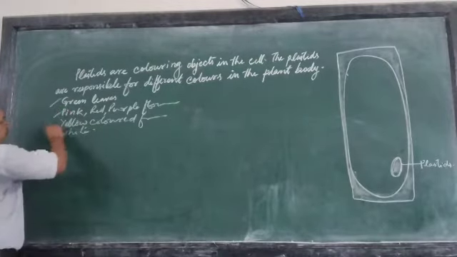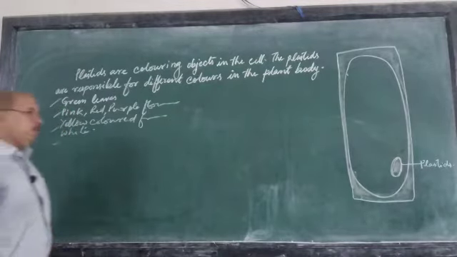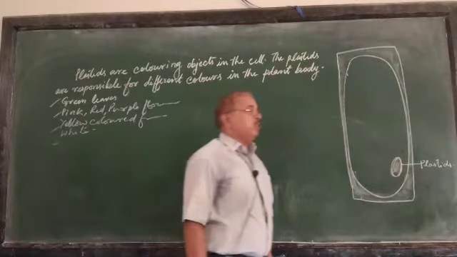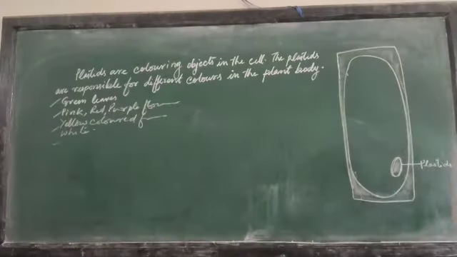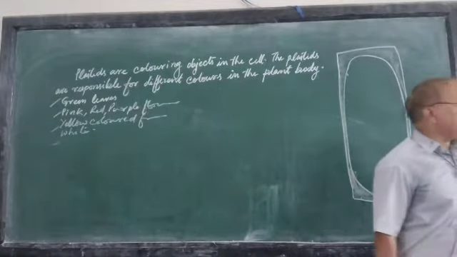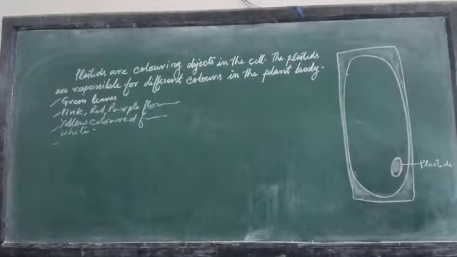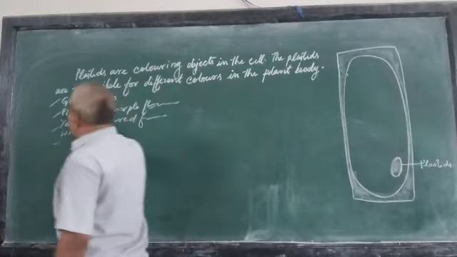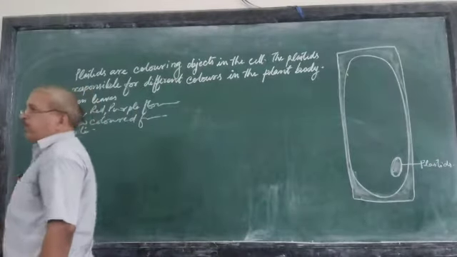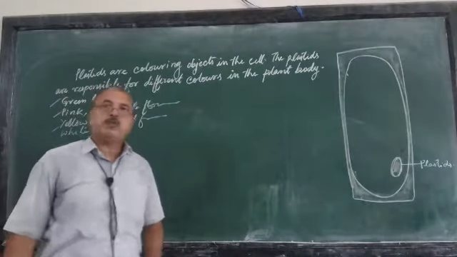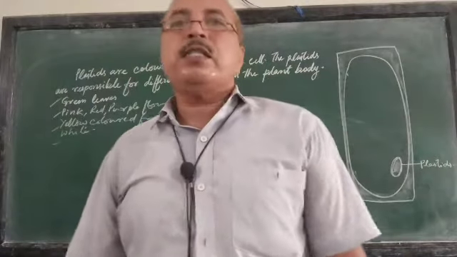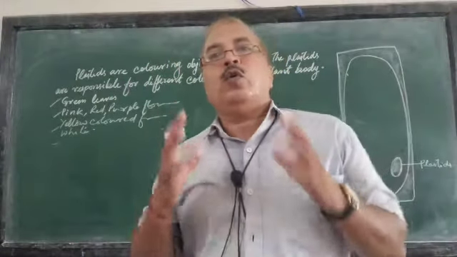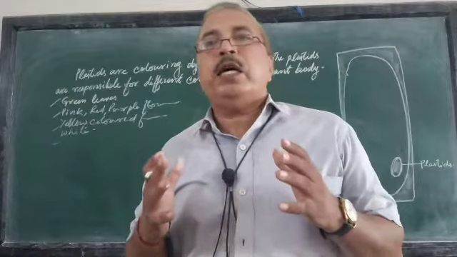All these are different colors, and for giving these colors, the plastids are responsible. They have the coloring substance in them. Depending on which color a plastid is responsible for, the plastids are classified as chloroplast, chromoplast,